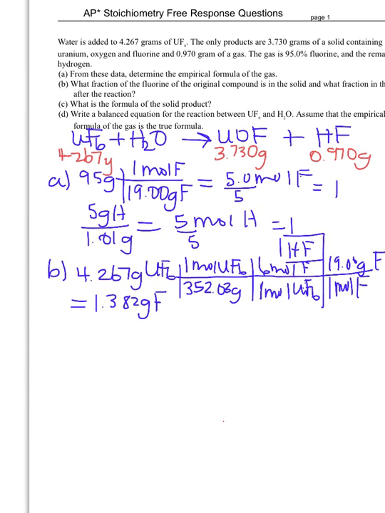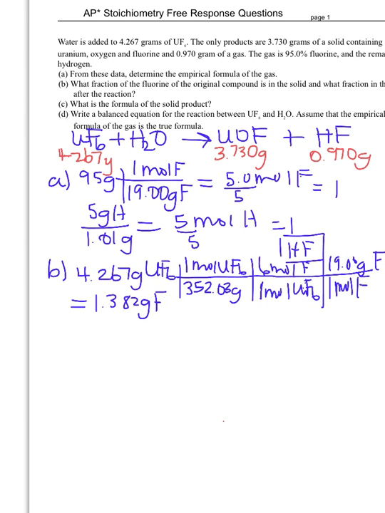So I need what part is in the solid and what part is in the gas on the product side. So let's take a look at our products. We have this solid UOF, but what we don't know about that solid are the subscripts or the molar ratios. I'm sure I'm going to have to figure that out later on in the problem. So what I can't do is use that 3.730 grams of the solid to figure out the number of moles or number of grams of that fluorine, because I don't know what the molar ratio is between the U, the O, and the F. That means I have to start with my gas, the HF, and I'm going to convert